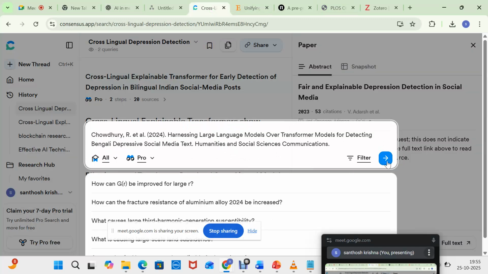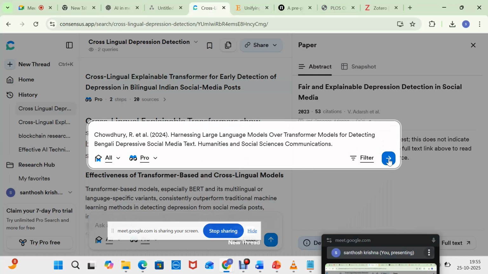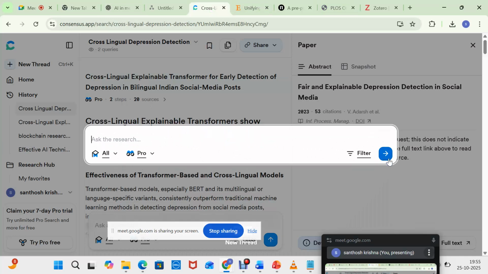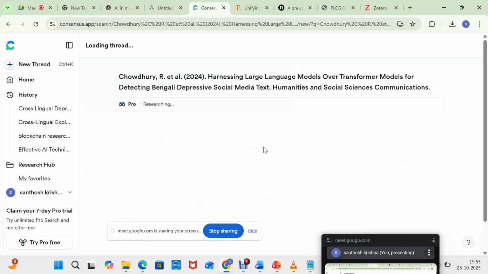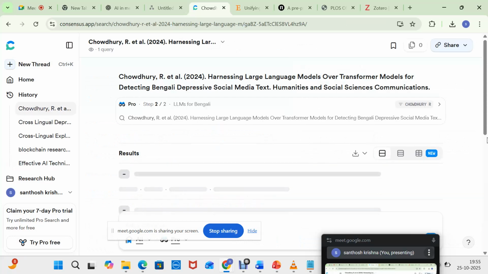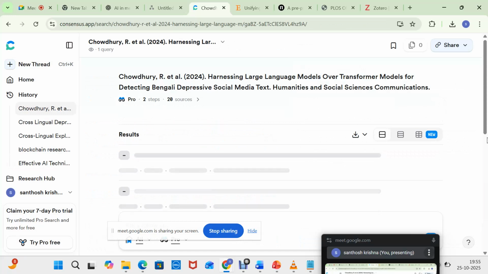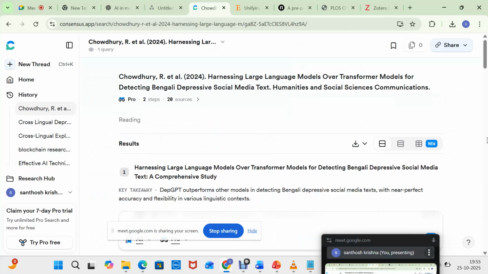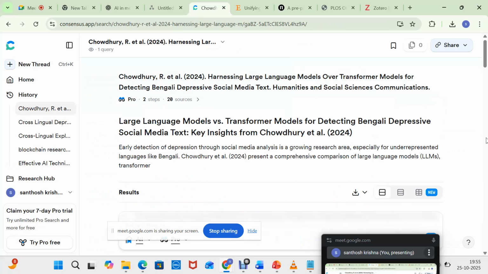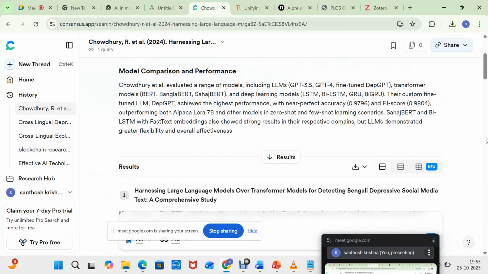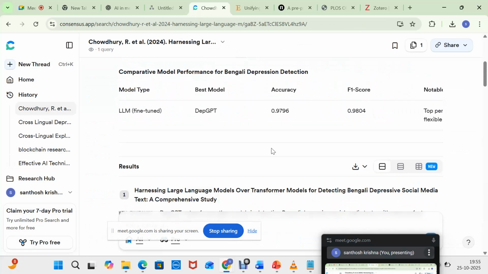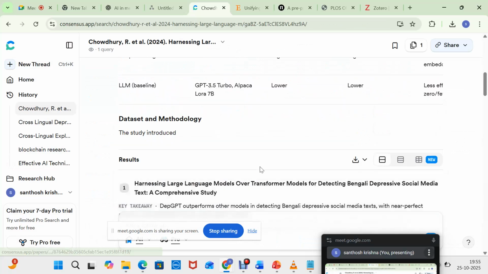I'm just giving a search here. See, you got the paper here, sir. See, you got the paper here.